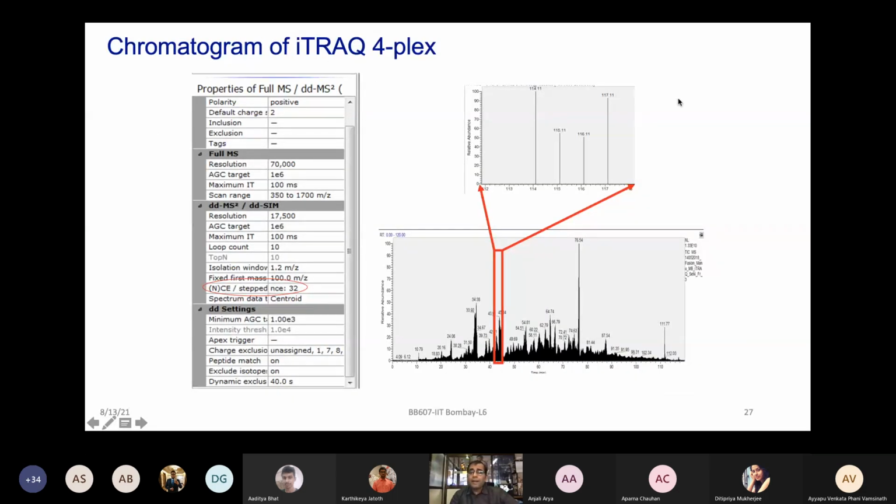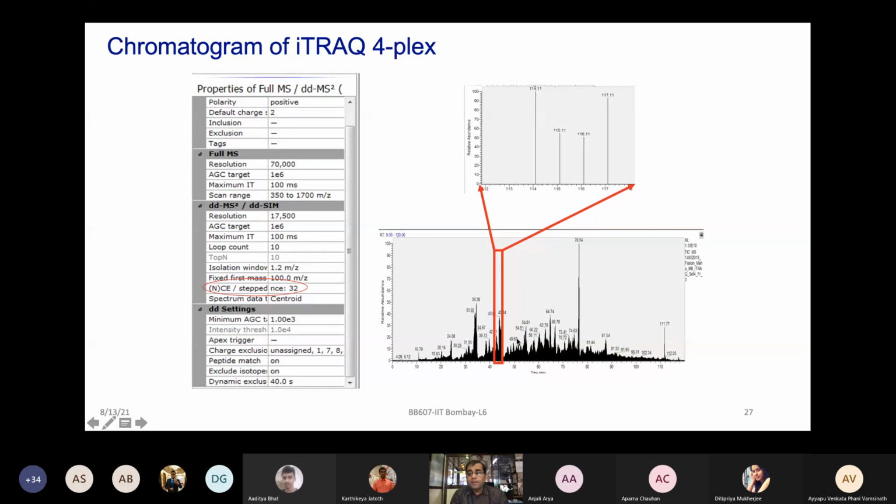So that brings a little bit more practicality of it, like, initially you have to optimize your experiments well, so that you know that your labeling was good. So it requires 2 different steps here. One is your chemical reaction which is happening. So your pH has to be very well maintained, your labeling conditions have to be properly done, so that your labeling efficiency is, if not 100%, very close to 100%, and you want to get the best sample which is labeled to the mass spec for run.